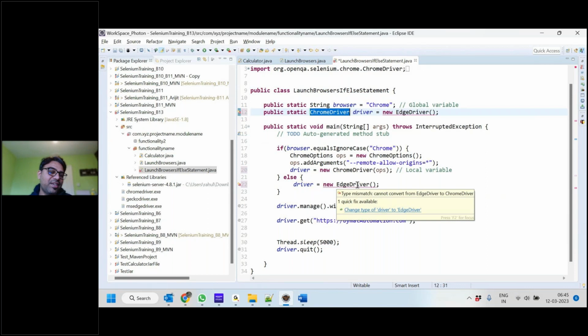So Edge is not happy now. How to solve this problem now? And what if I have some more browsers, Firefox, Safari, Opera? How do I deal with this thing? Then I will be getting errors for all 6-7 browsers over here. How to deal with this thing? That's what we have,